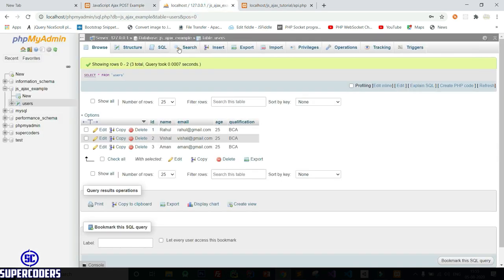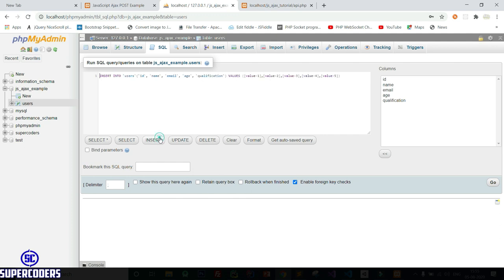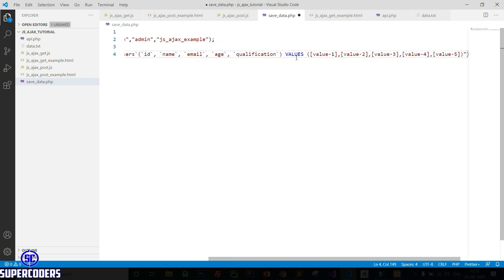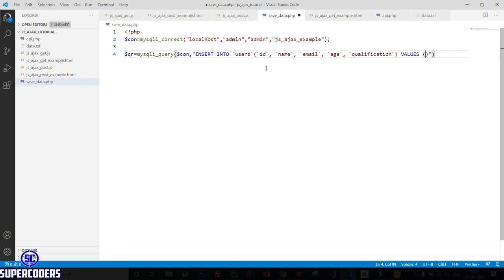If you don't know SQL, just click here and copy this query. Paste here, change it, remove this ID because it's auto increment.